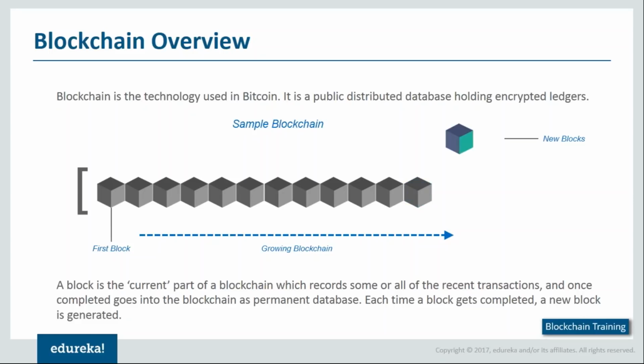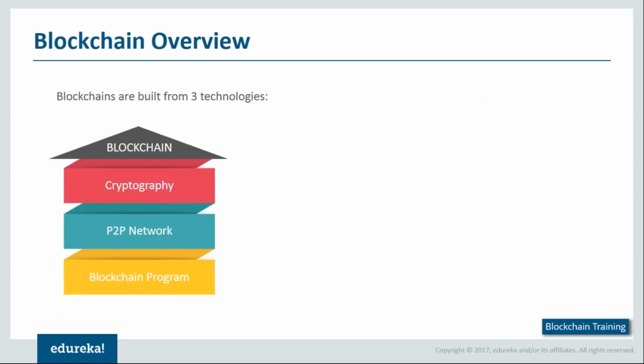Right now, even while we are speaking in this session, you can expect a new block to be created and the blockchain system to keep growing as per the current standards. Once a block has been successfully added to the blockchain, the work on the new block starts and you keep building up the blockchain system. Now, moving on, let's talk about the three basic fundamental factors based on which the blockchain system was built.